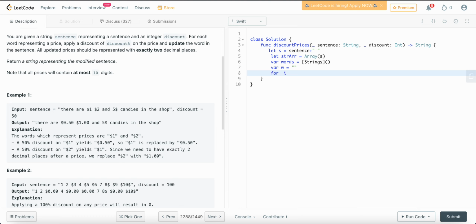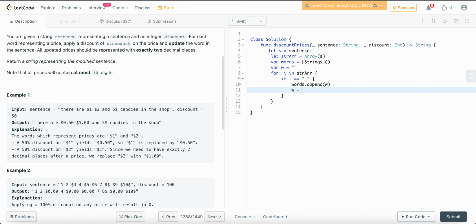Then what we are going to do is, okay, if i equals space, then words dot append w,